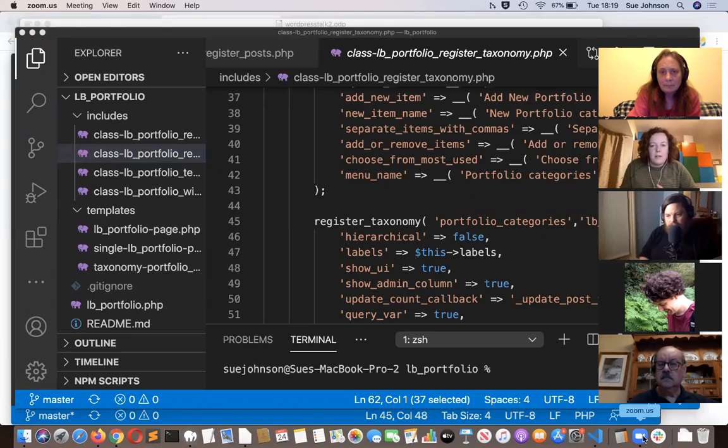Do you want to stop recording screen? Yeah. So does anyone have